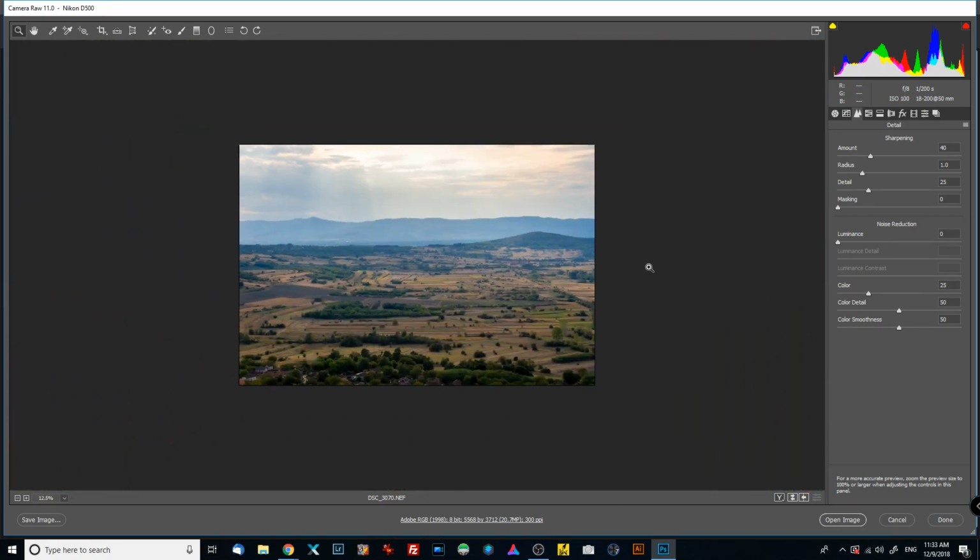But what Camera Raw and Lightroom cannot really do that easily like Luminar is improve your sky, because Luminar has a filter called Sky Enhancer. You just click it and you push the slider to the right and the sky suddenly becomes perfect. But in Camera Raw, Photoshop and Lightroom you cannot do that easily. You have to open the image,